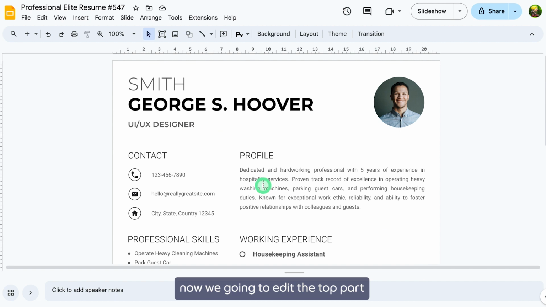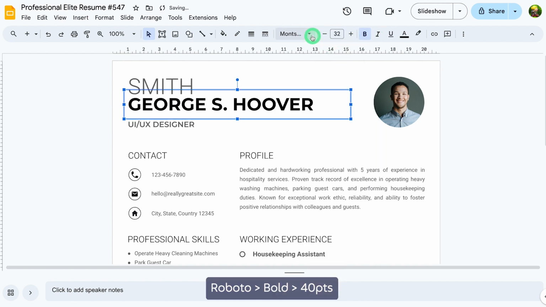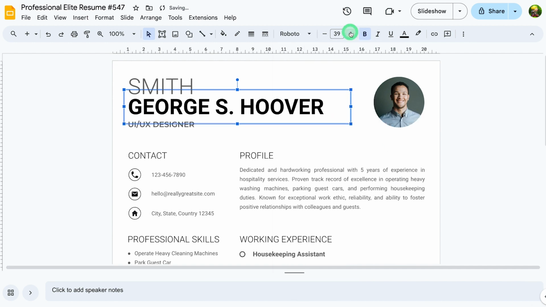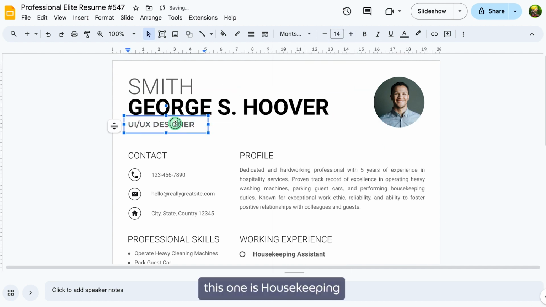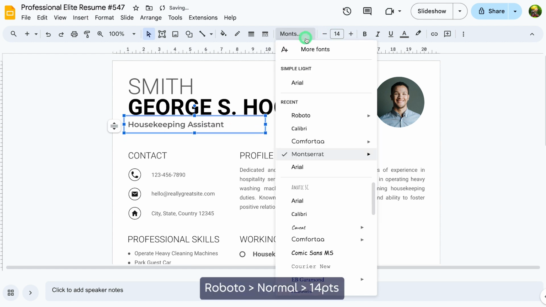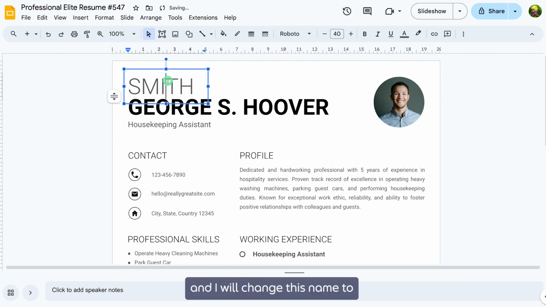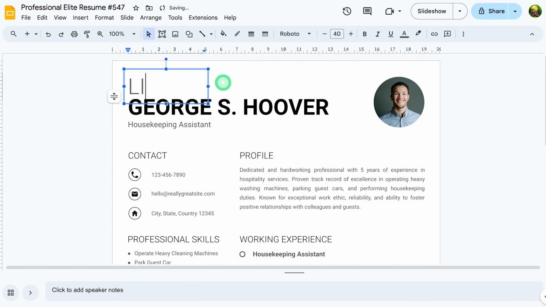Now we're going to edit the top part. We change the font also. Roboto Light 40. Here, Roboto Bold 40. This one is housekeeping. We'll change this to Roboto Normal 14. And I'll change this name to